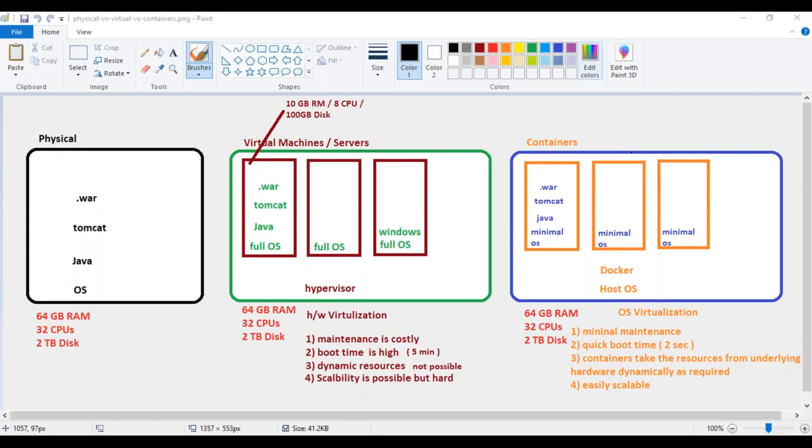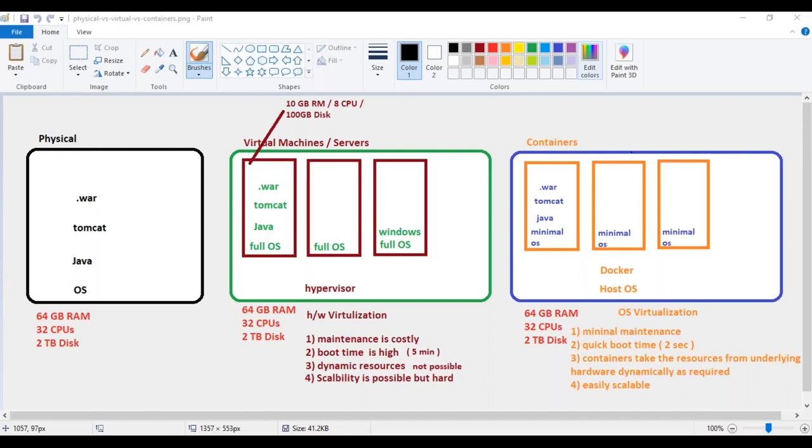We are not doing hardware level virtualization here. We call Docker a platform for containers, which provides us OS level virtualization, so that the containers run as a process in a machine. Try to think, team: containers are not a replacement for your virtual machines, nor for the physical machines. Containers run on top of a virtual machine or on top of a physical machine. They could run on top of either of those.